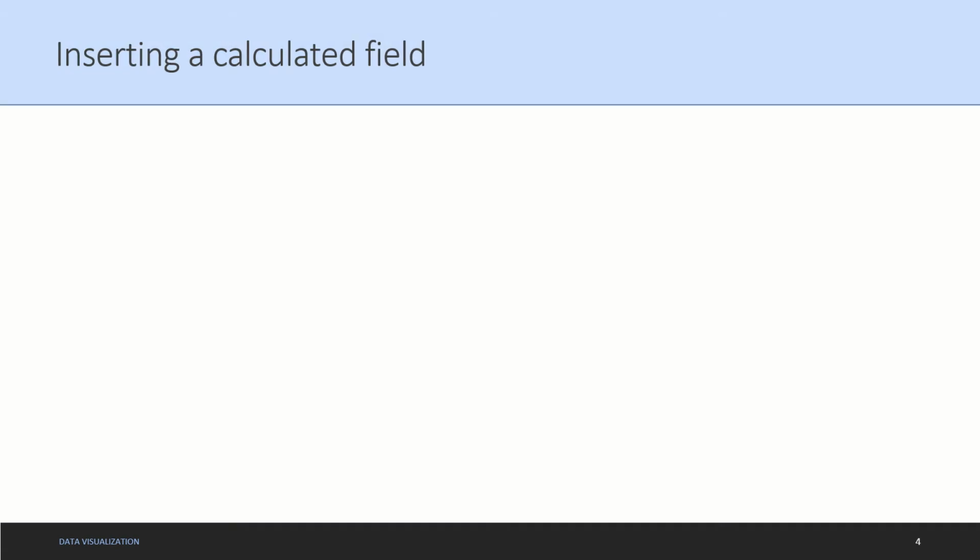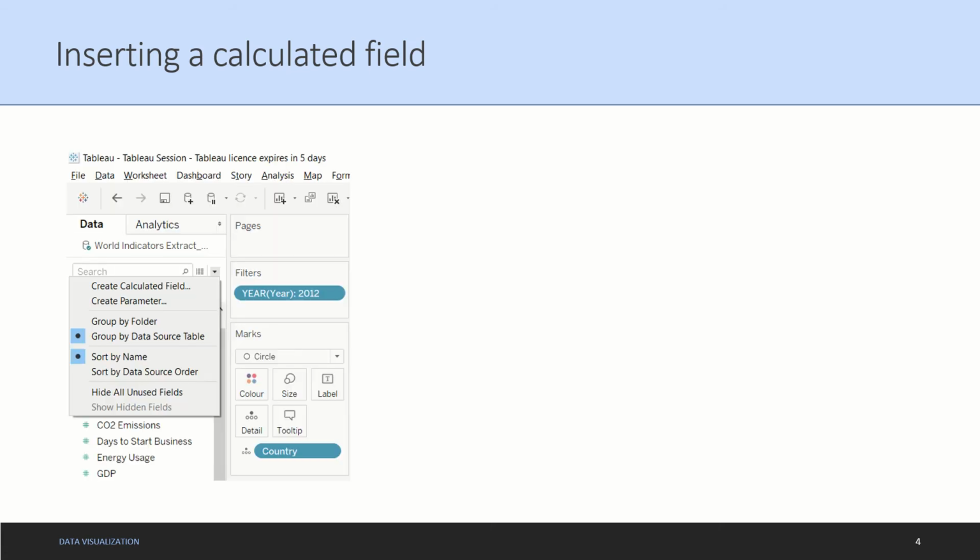Now first of all, let's understand how we insert a calculated field into our Tableau file. For that you have to use this drop down menu in your Tableau sheet and then click the create calculated field option over here.